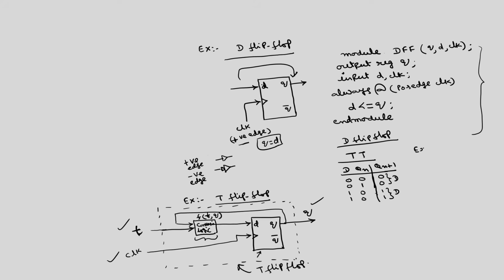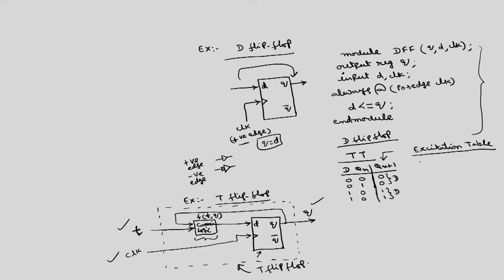Then the excitation table is one of the important tables which will be used for deriving the conversion logics as well as for the design of synchronous counters. So, this truth table will give the next state as a function of the present input and previous output, because the flip flop is a sequential circuit in which the output not only depends upon the present inputs, but also on the past outputs. Okay. The excitation table on the other hand will determine the input required for a given change of state, from Qn to Qn plus 1.